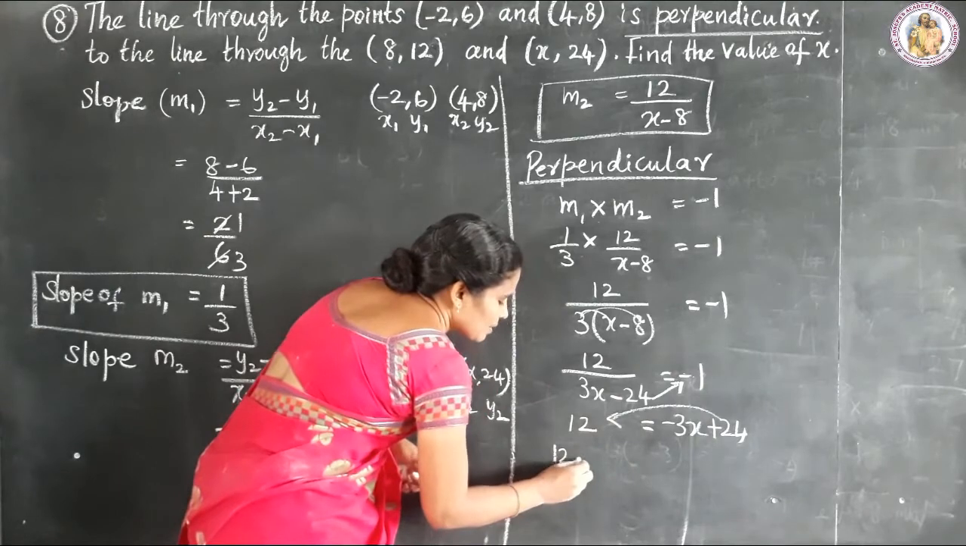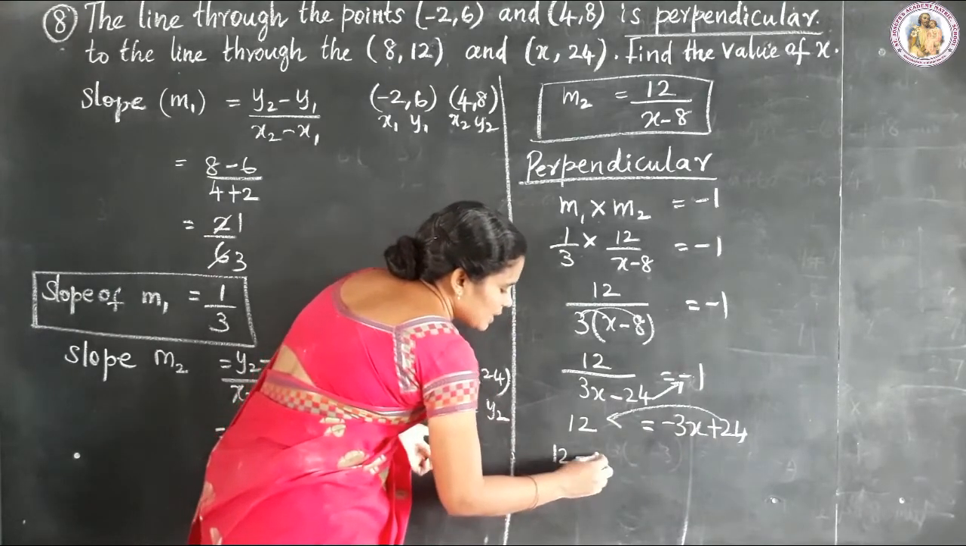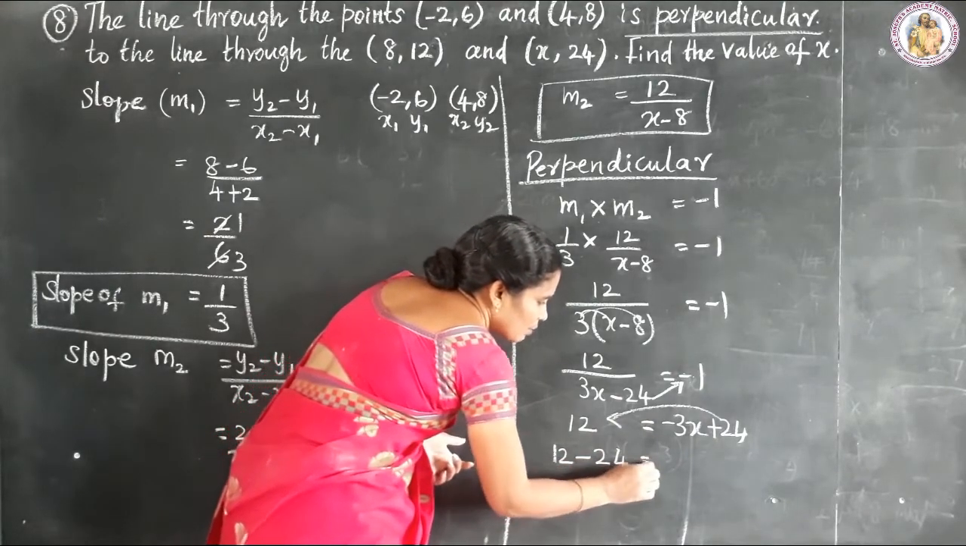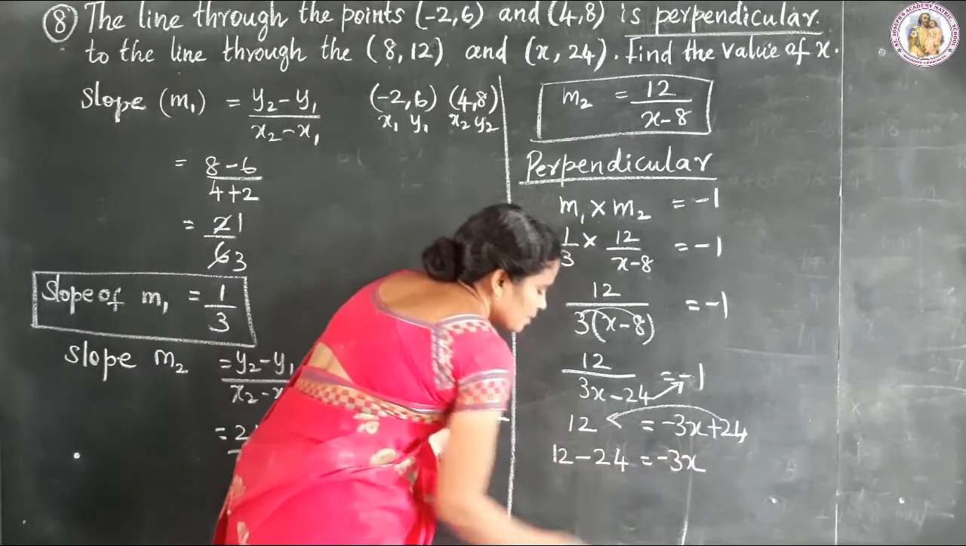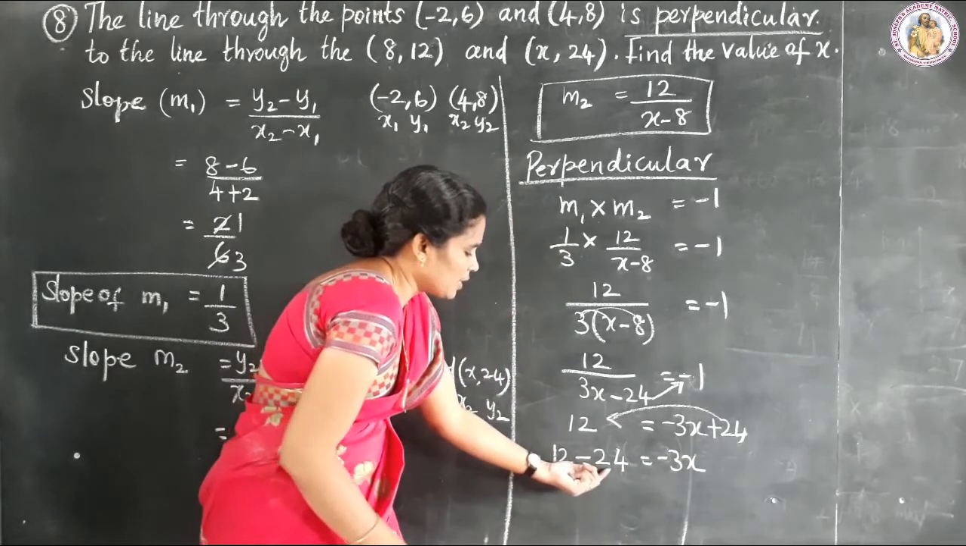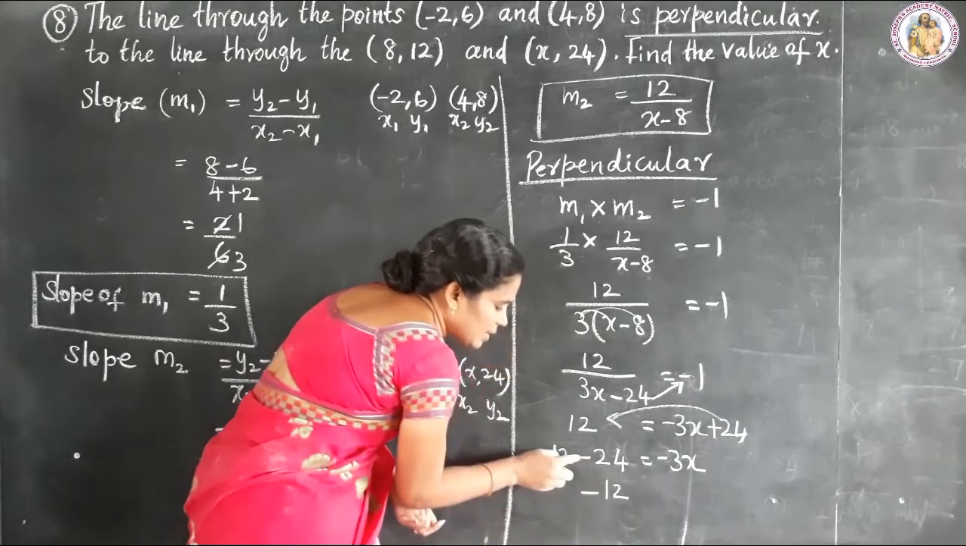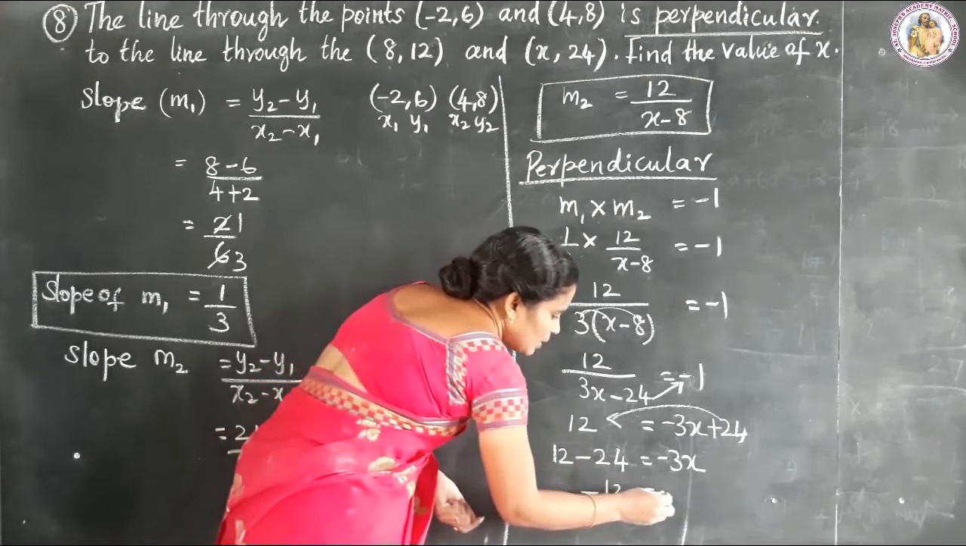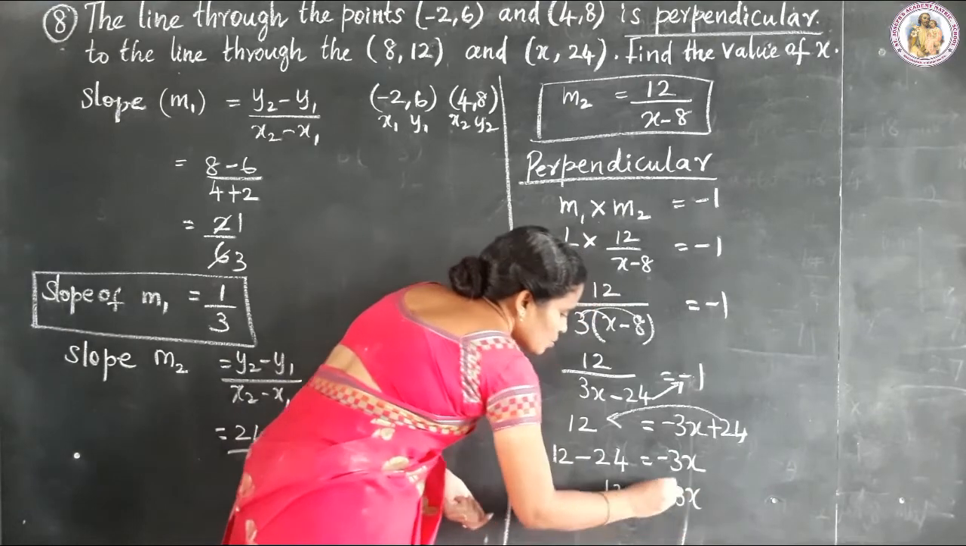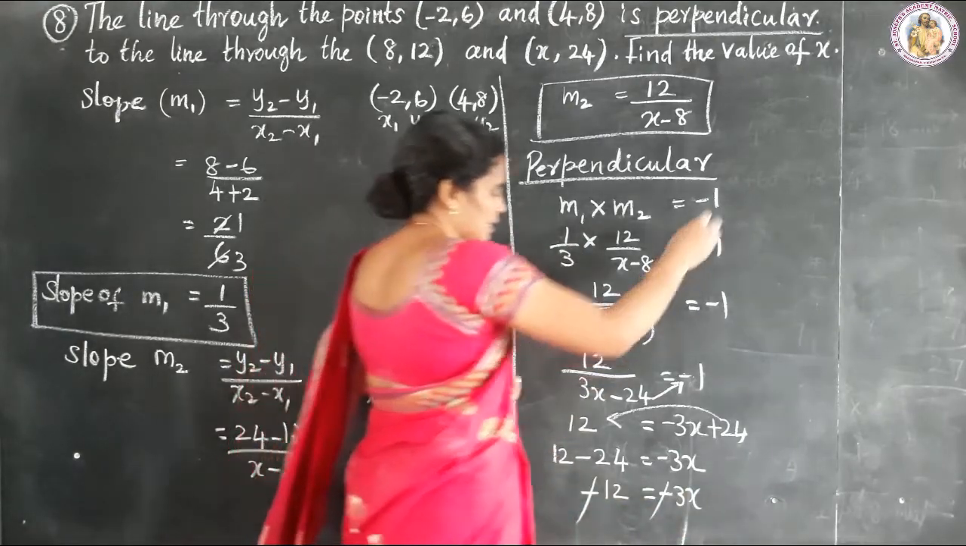So 12 plus 24, when it goes to the left side, it becomes minus 24 is equal to minus 3x. Okay. So 12 minus 24. 24 minus 12 is 12. So 24 is greater. Minus 12 is equal to minus 3x. So minus minus cancel. And the next step